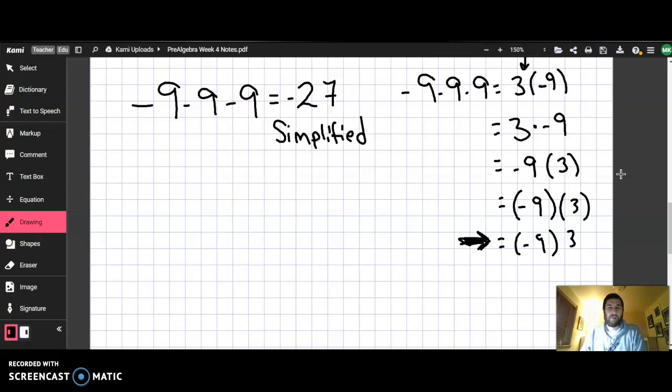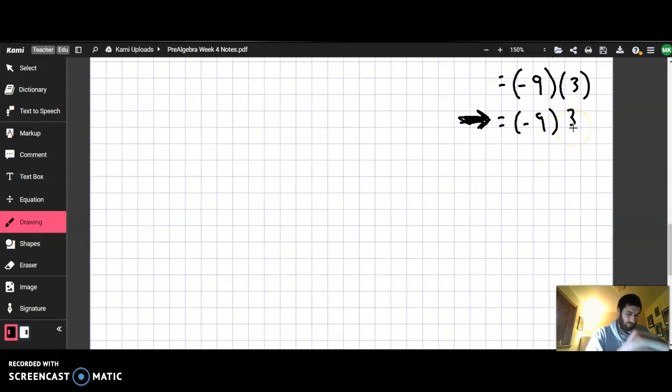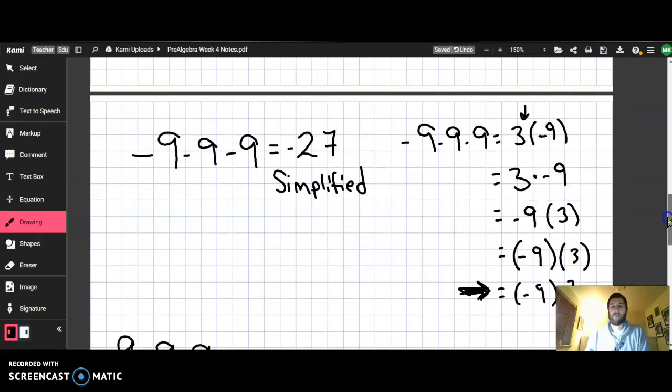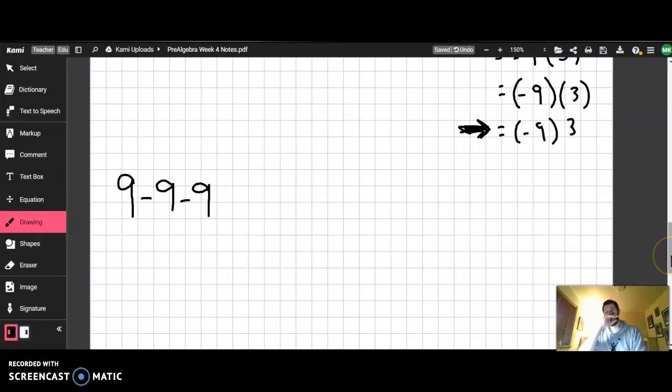Now, with that being said, we looked at all those different ways to write negative 9 minus 9 minus 9, and all those are just rewriting it as multiplication. Let's go ahead and look at this example. It looks pretty much the same, except the only difference is our very first 9 does not have a negative. So here's where we have to be careful,